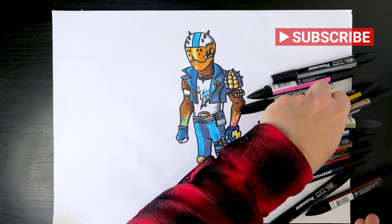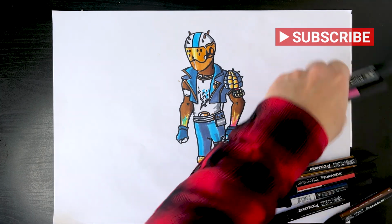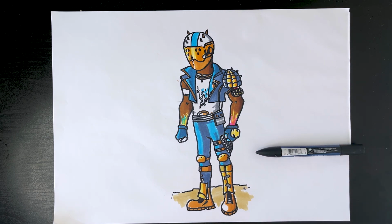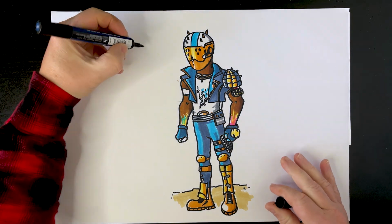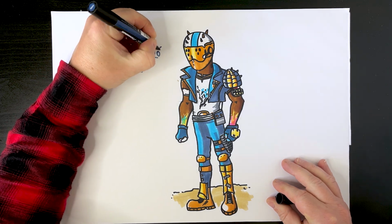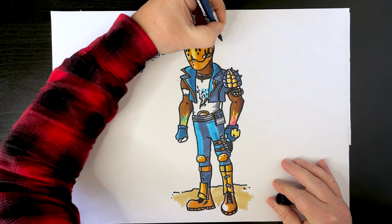Right, let's just clear away all these pens. Just leave the blue and we can just pop his name in. So that is Corrosive Rust